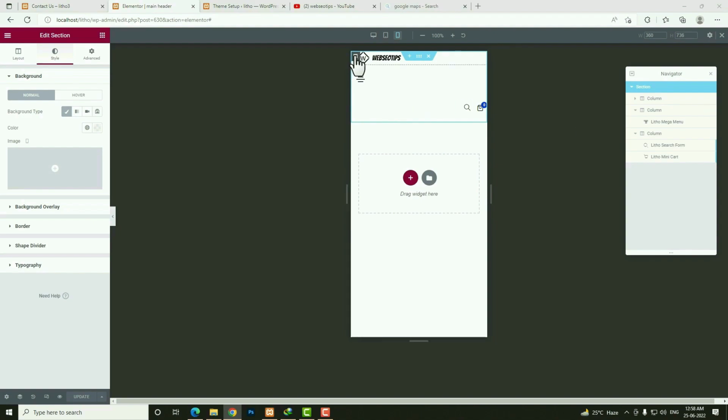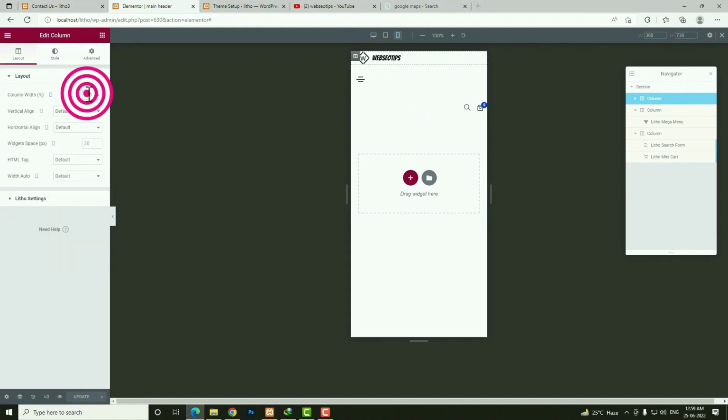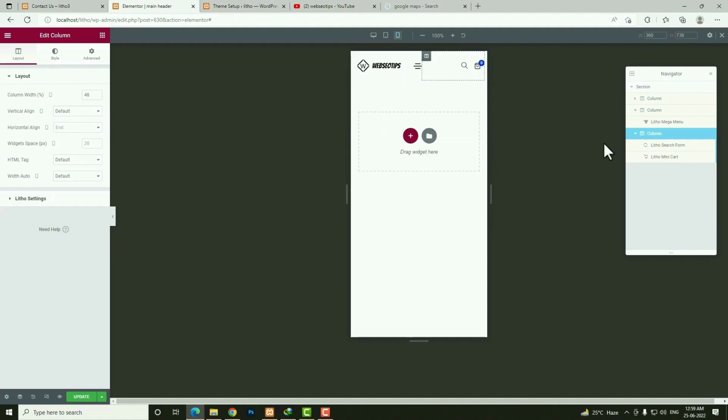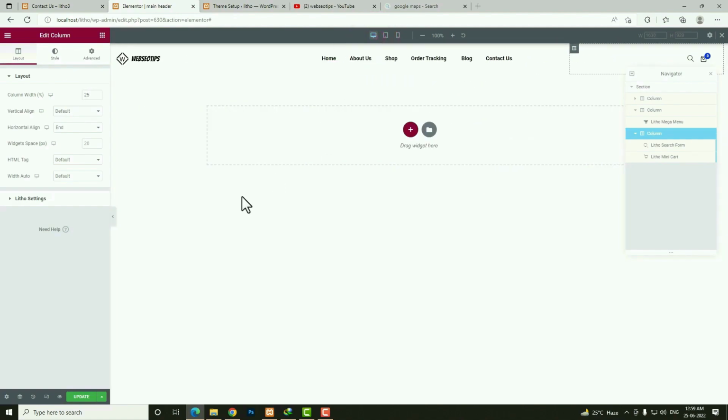So for that, first of all let me click in this one, and the column width I have to make it 42. After that click in this one. The column width I am making 10. Next I have to click in this one, and here the column width I am making 48. Okay, now it's looking quite good. So now let me come back to the desktop preview, and after that I have to click in the update